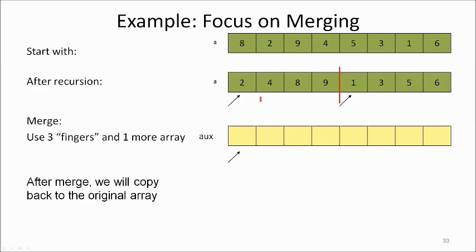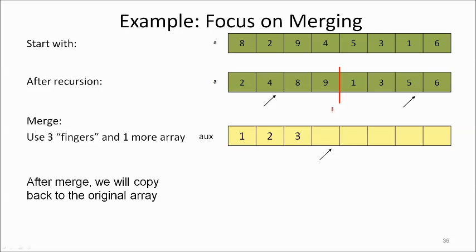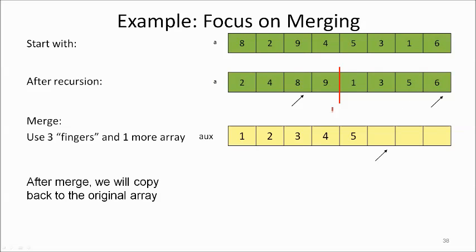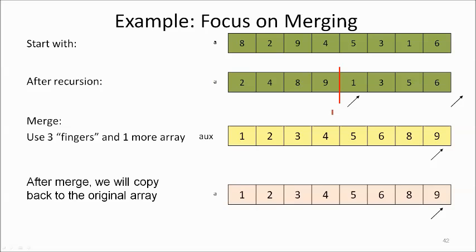Okay, it's divided. The next is what? We are to apply the sorting. We have the 2, 4, 8, 9, and we have the 1, 3, 5, 6. So to sort the two sets, to merge: 1, 2, 3, 4, 5, 6, 8, and 9. So the sorted given value is 1, 2, 3, 4, 5, 6, 8, 9. So that's how you do the merging.